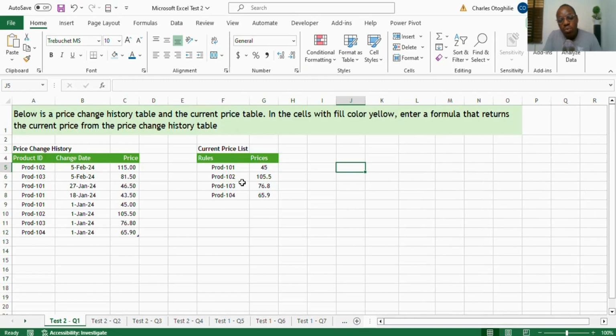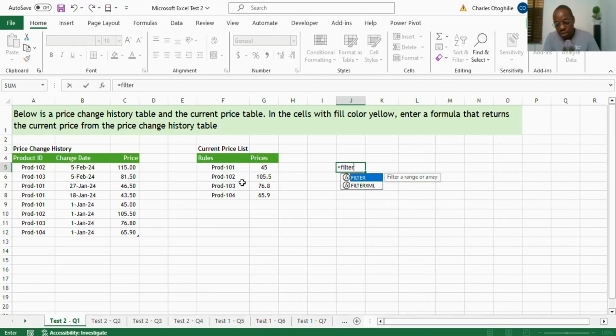So I'm going to show you a breakdown of what I want to do before I put it inside the cell. So the first thing I'm going to do is a filter. I'm going to bring in a filter, and I'm going to take all of this as my array. And then what I'll do for the include, I'm just going to come here and take just